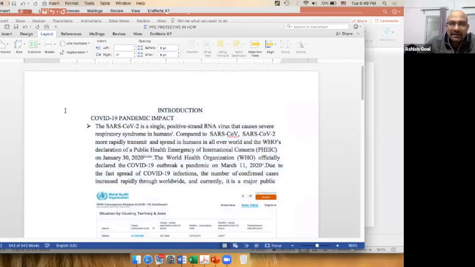When we are doing the headings, we increase the spacing after the heading. This is the level 1 heading according to the author, and we need to have the level 1 headings looking different. So introduction is the level 1 heading, and COVID-19 pandemic impact seems to be the subheading. So it should look different from the main heading or the level 1 heading. If it's a level 2 heading, then I need to write it in a different format.